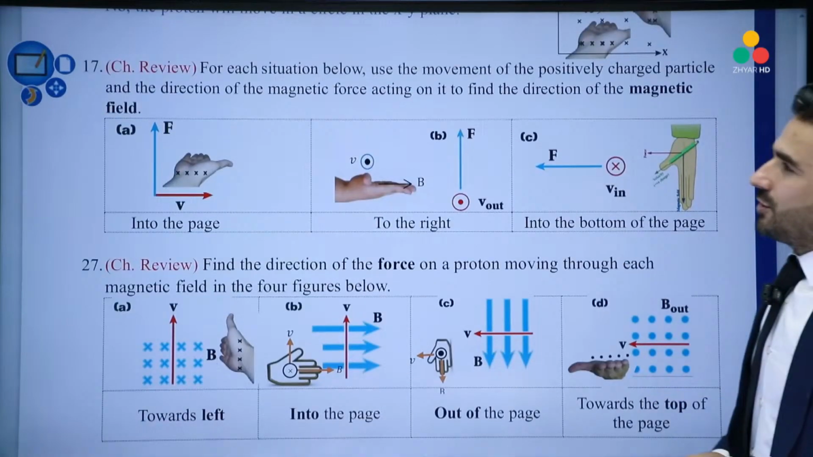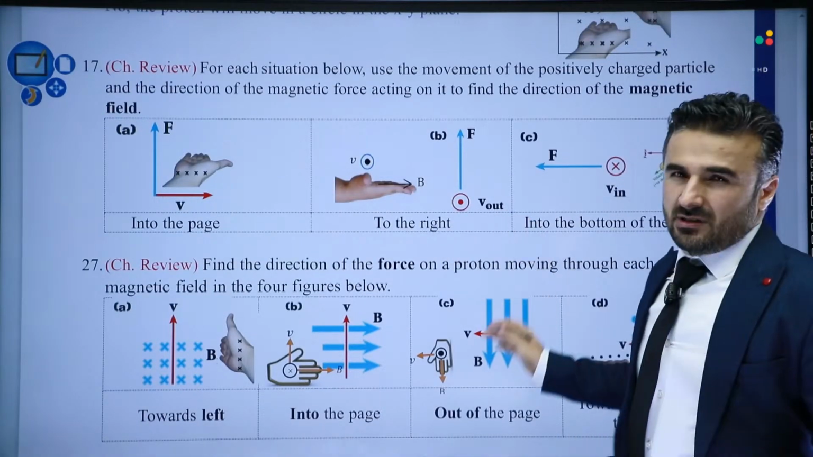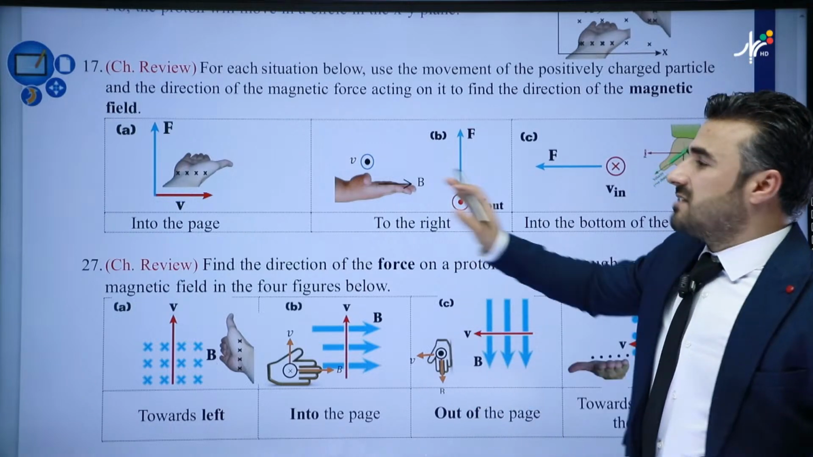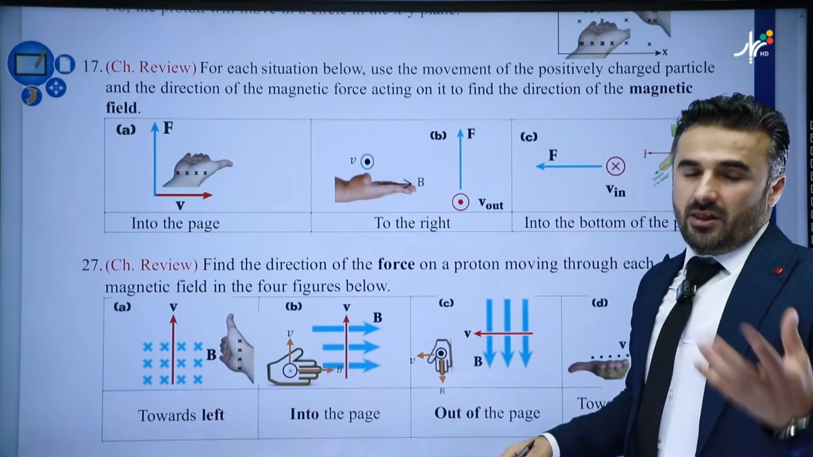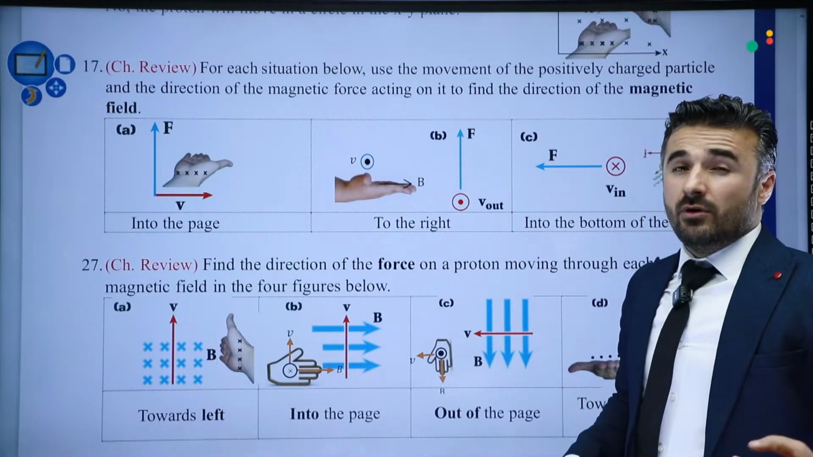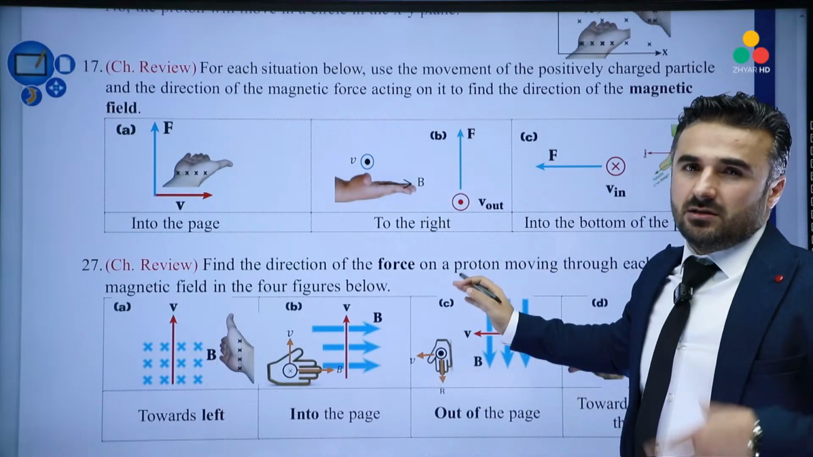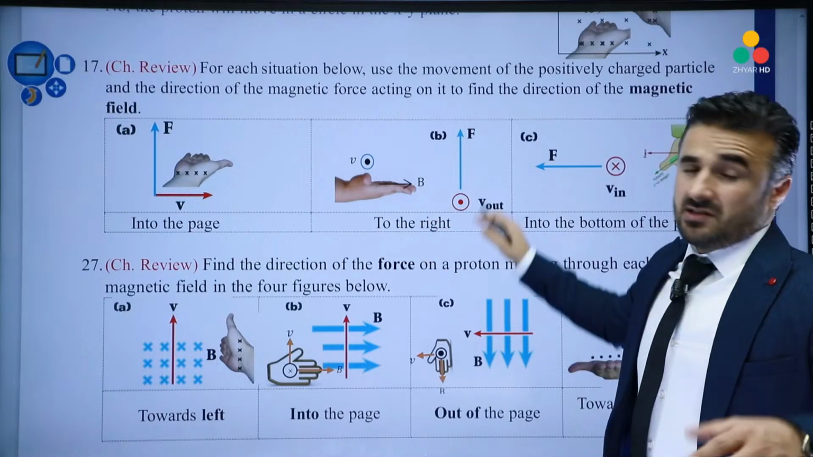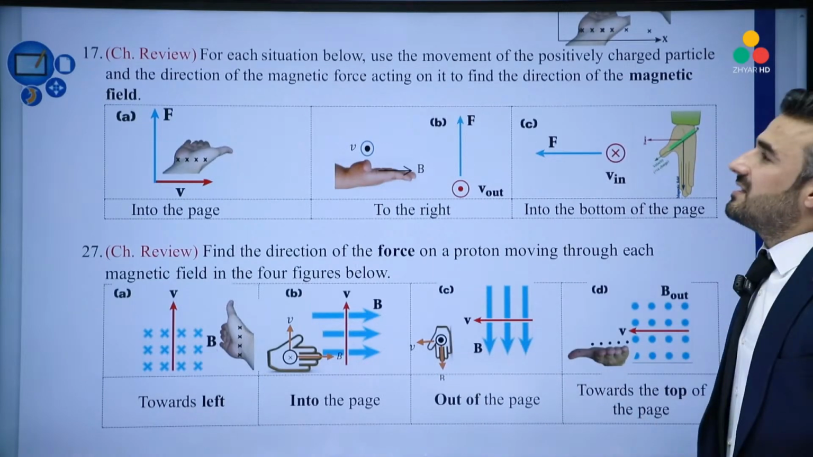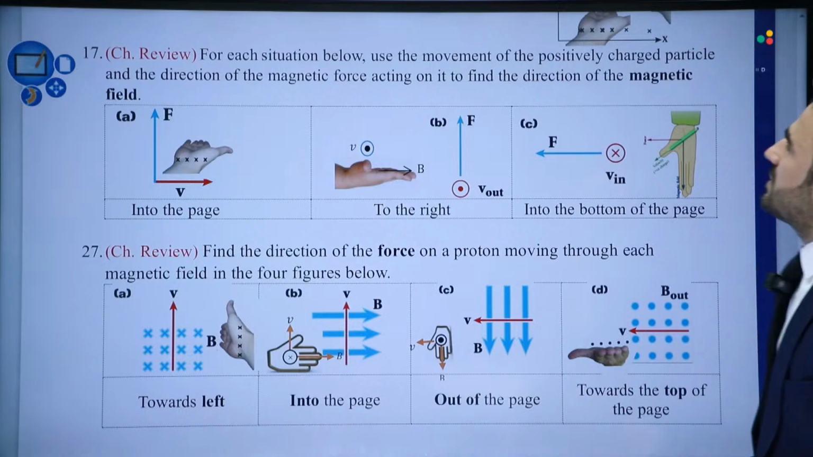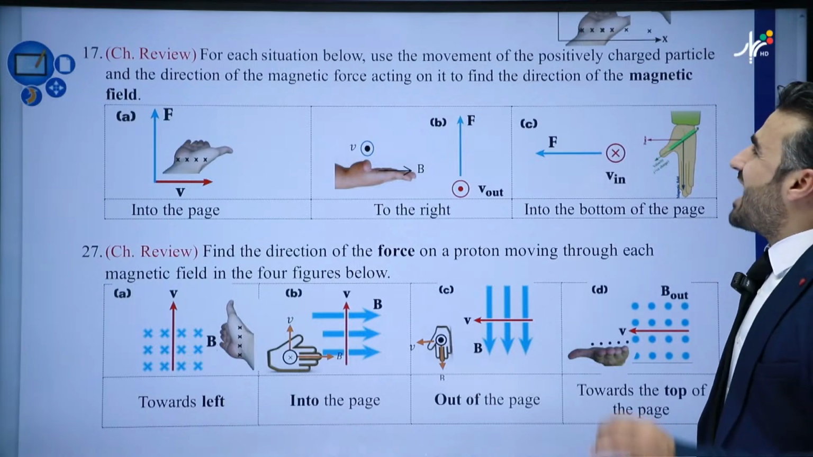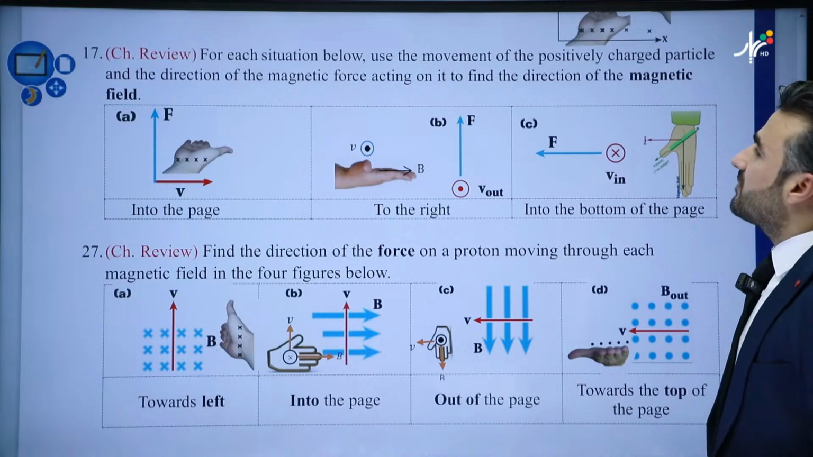Okay, now we have another question. Take a look. These are very important as long as you know how to align your hand the same way that you're taught or learned so far. If you still don't know how, try to practice these until you get used to them, and then of course it becomes so easy. Question 17 says, for each situation below, use the movement of the positively charged particle and the direction of the magnetic force acting on it to find the direction of the magnetic